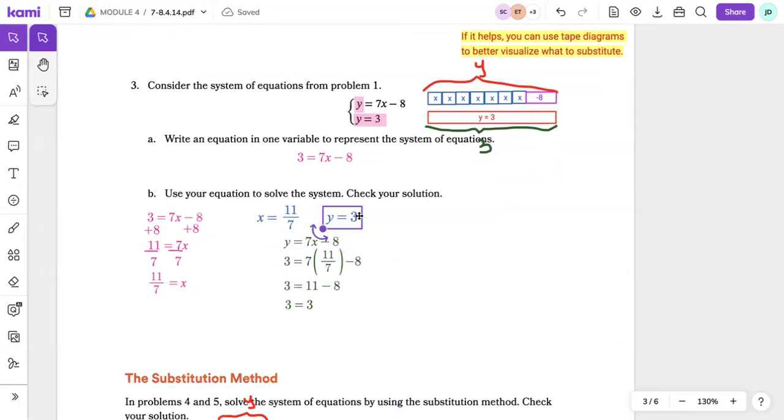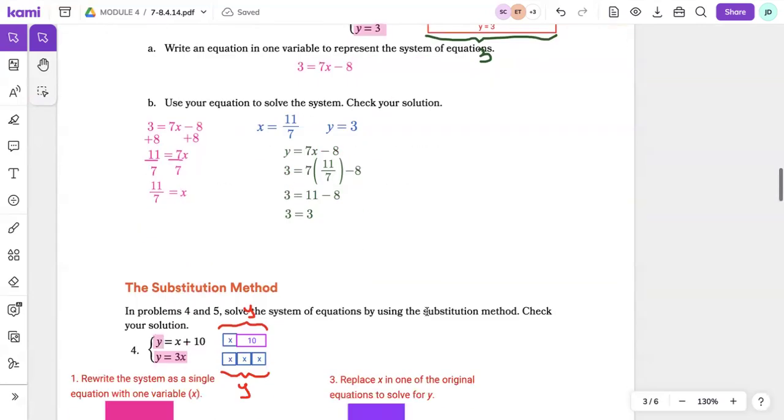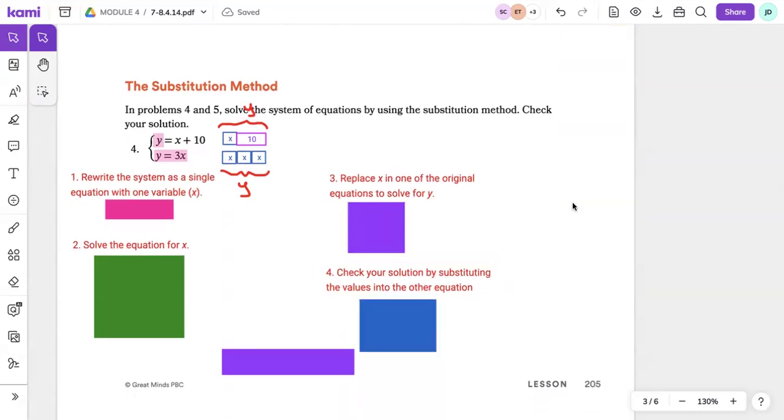And then plugging y equals 3 and x equals 11/7 into this equation, I get 3 equals 3. You might not have had 11/7. You might have had 1 and 4/7, or some sort of disgusting, ugly repeating decimal, which is fine too for today. So number 4, I'm going through step-by-step how you can solve using what we call the